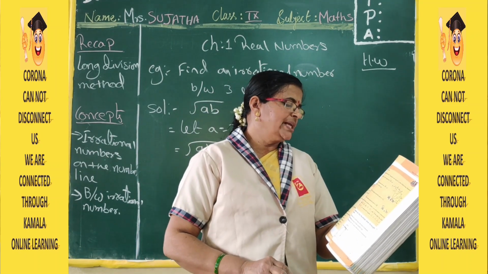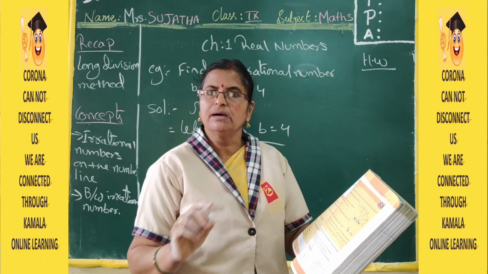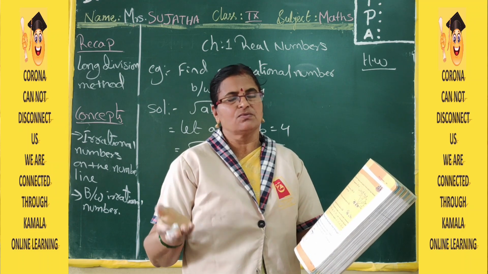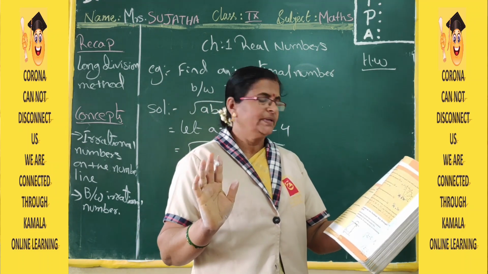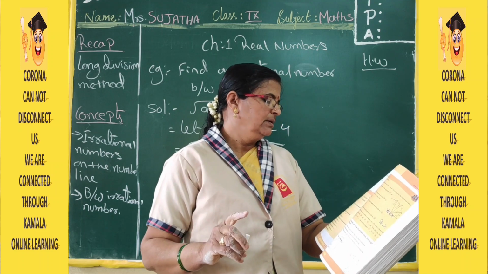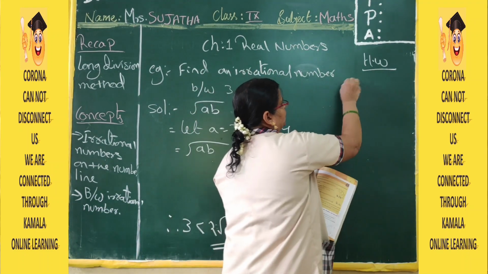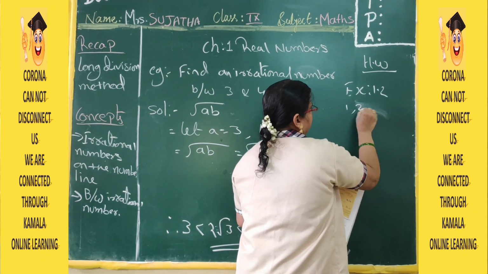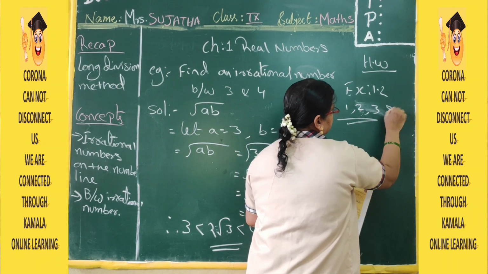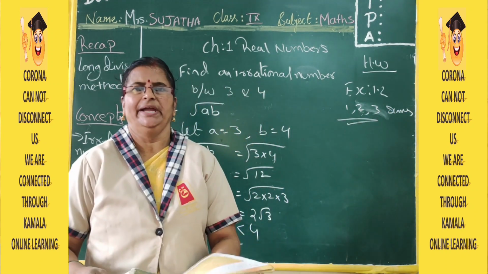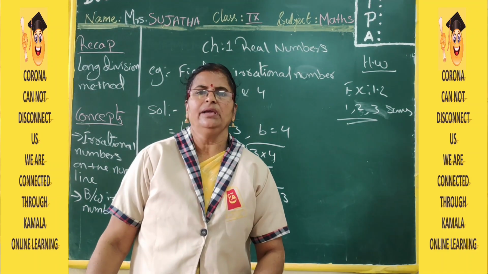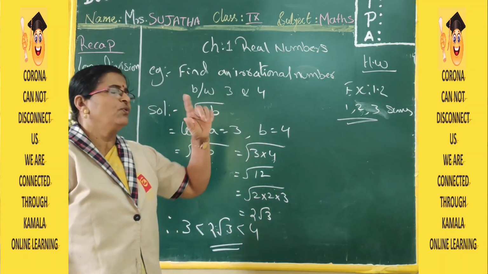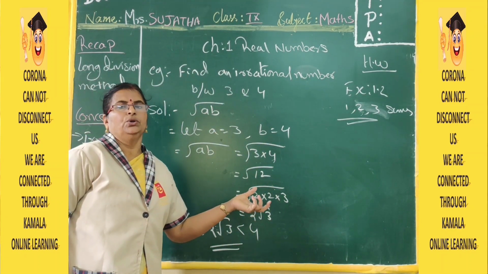Then second one, give 4 examples for rational and irrational numbers. Only examples you have to give. What are rational numbers, what are irrational numbers. Which have a perfect square root, they are rational, which don't, irrational. Okay ma? Then third one. So exercise 1.2, 1, 2, 3 sums you have to do. Homework. Already first one I explained, second is also easy. Okay, third one, find an irrational number between. Irrational number means what formula you have to use? Root AB. That only you have to use and find.